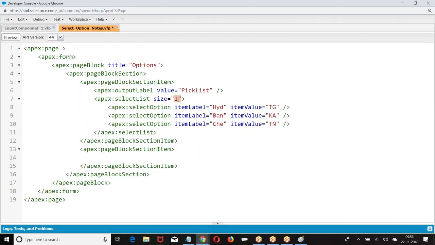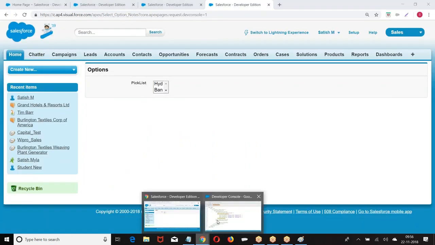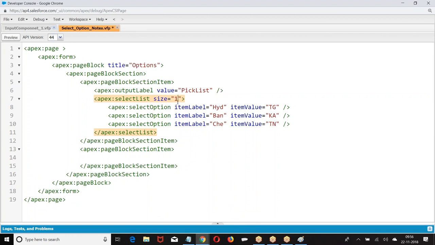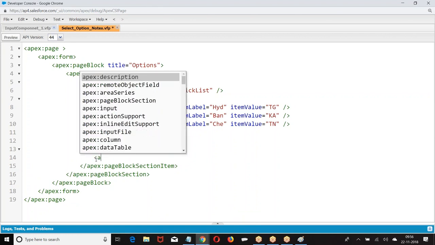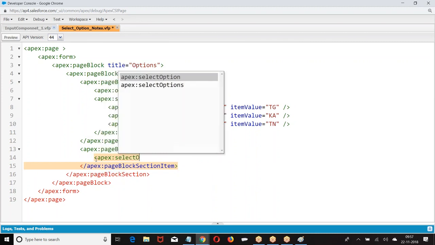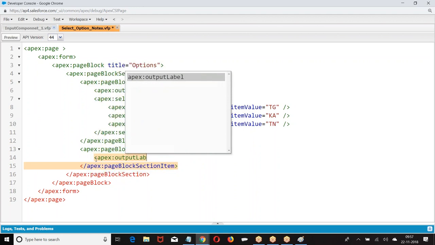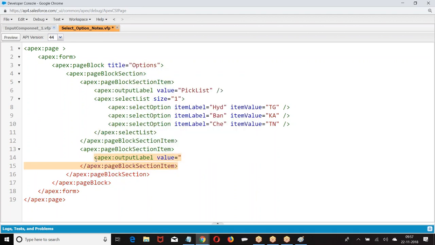If I give size equal to 2, two options are displayed. I want only one option to be displayed at a time.